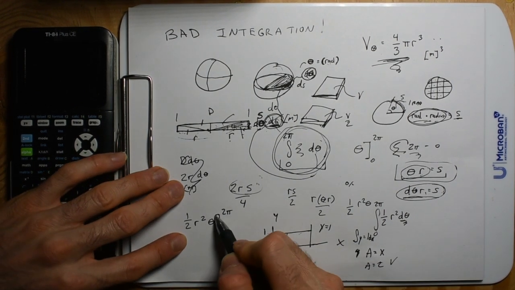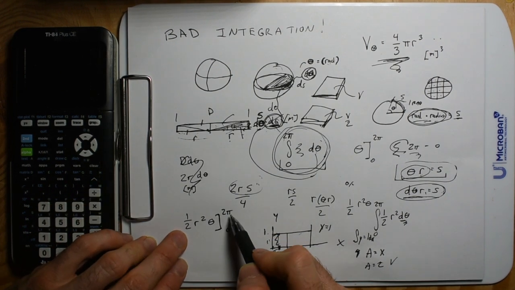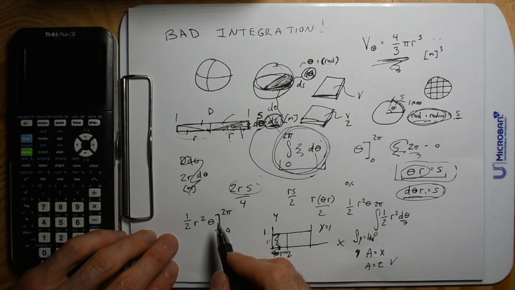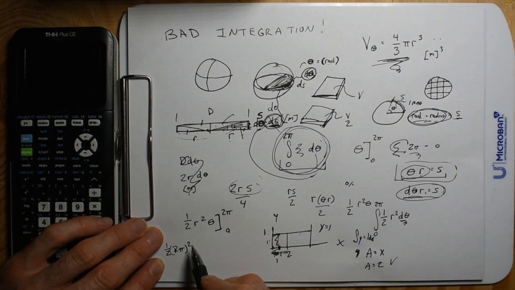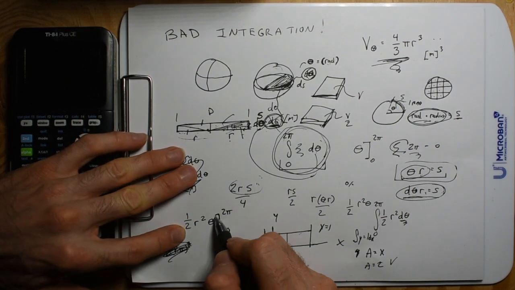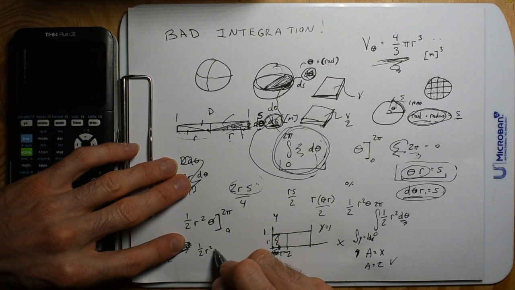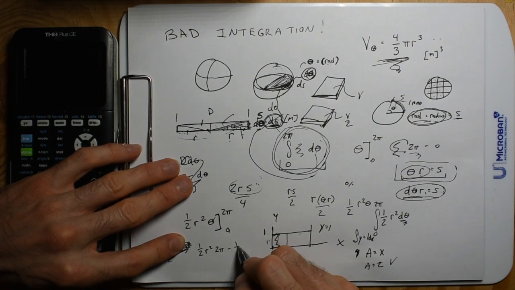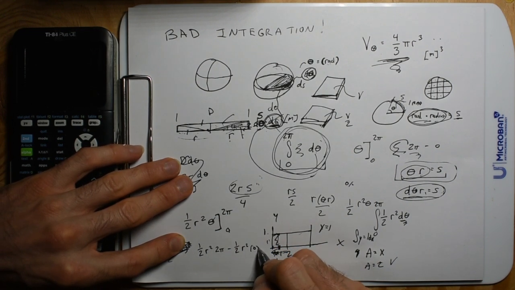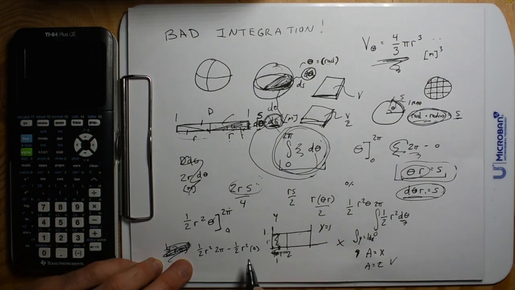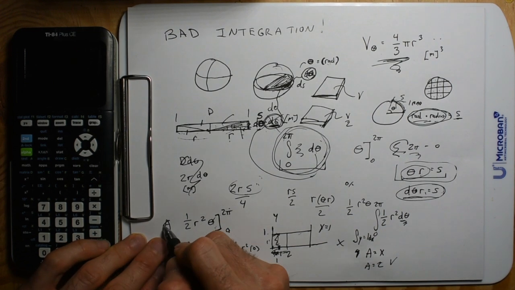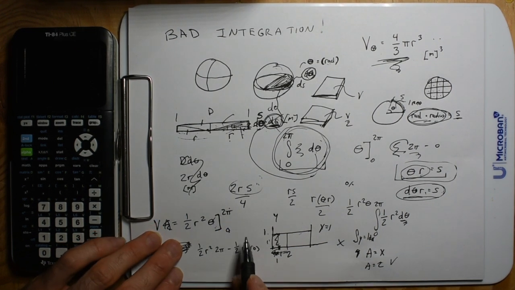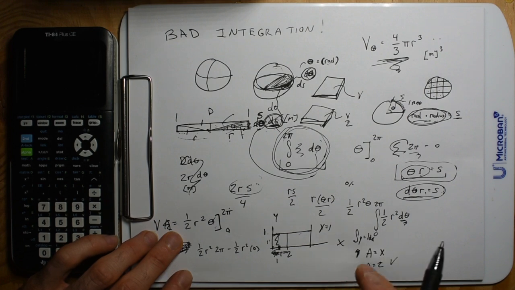So hell yeah. So, you know, even though you have this technical thing of going, well, I'm going to evaluate from 2 pi to 0, and I know all I have to do is go 1/2, and then 2 pi, we're going to square that. No, holy hell. You know what I mean? This is my theta. So I'm going to go 1/2 r squared times 2 pi minus 1/2 r squared times 0. You know what I mean? Do the second minus the first. But if I just know that this is an equation for area, you know, I mean, I'm sorry. Obviously, this is